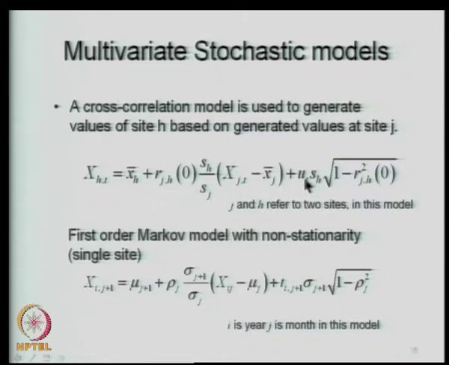Let us see what the properties of ut are. Now, this I have indicated here for use on the key site j. So, on the key site j you just use it, except that the notations are different here, I is the year and j is the month within this year. So, this is a single site model, you use it for the site j, and then using the observations on site j you generate on site h.